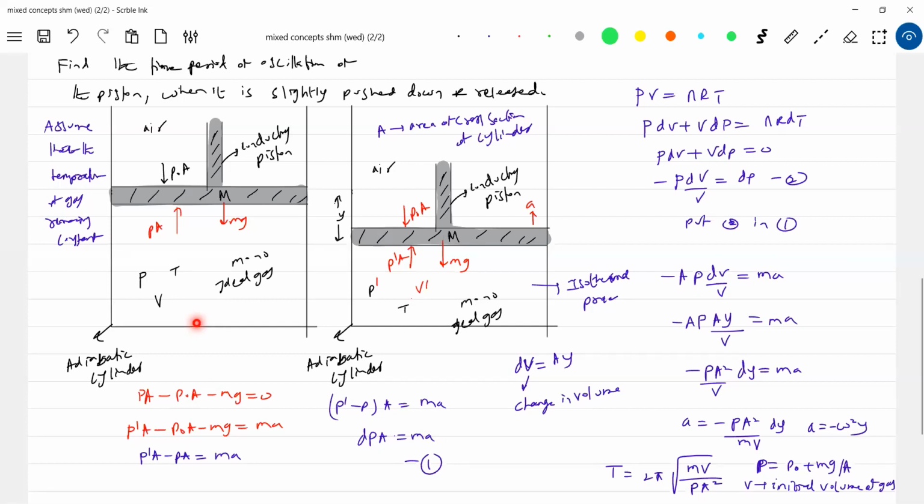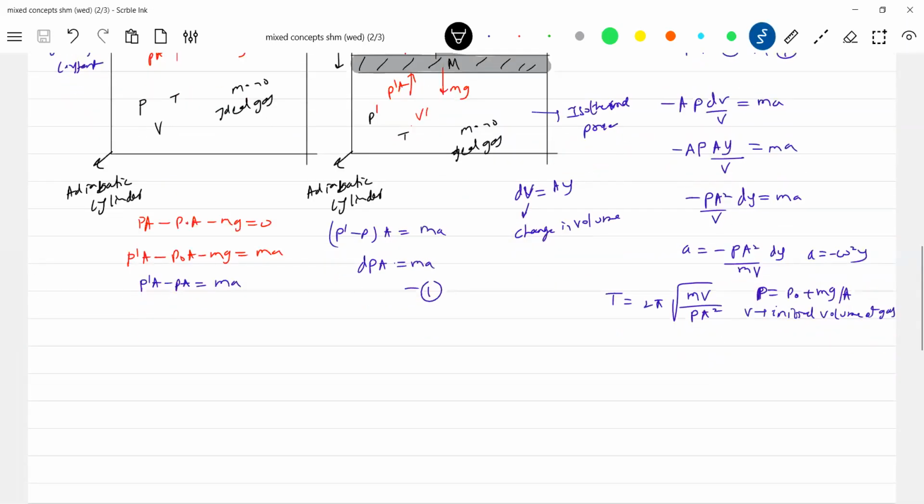This is the idea. In most cases the piston or cylinder will be conducting, but it is in fact how the piston moves that will determine what process the gas will undergo. So I'll write it, since maybe they'll ask you in more than one option. If the piston vibrates more rigorously, then the process will be adiabatic.